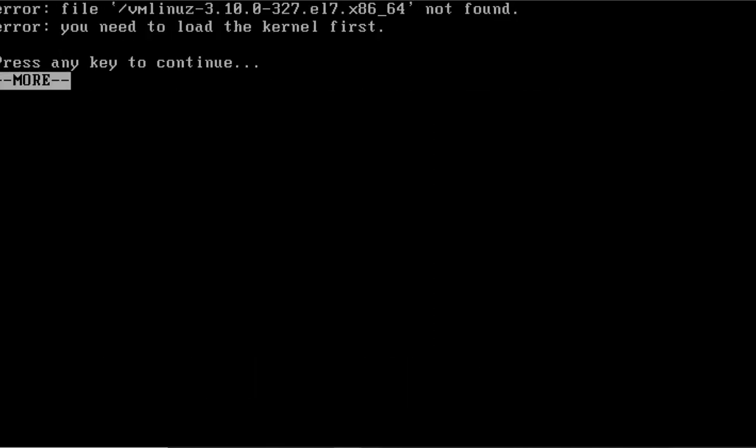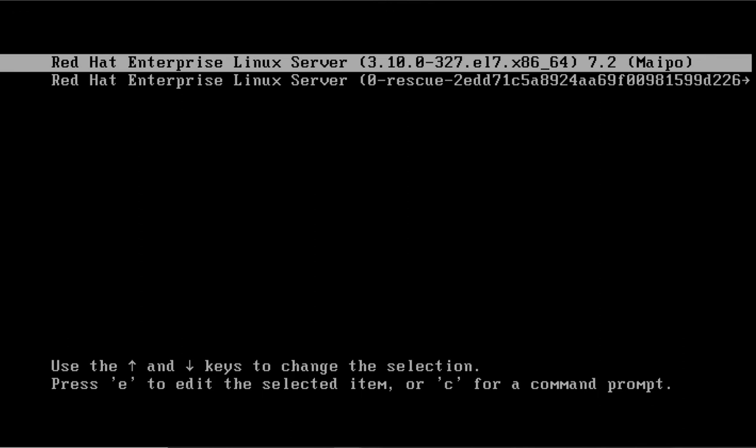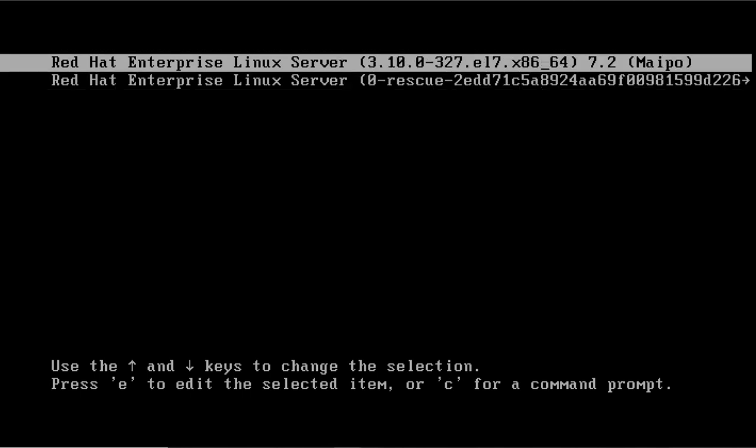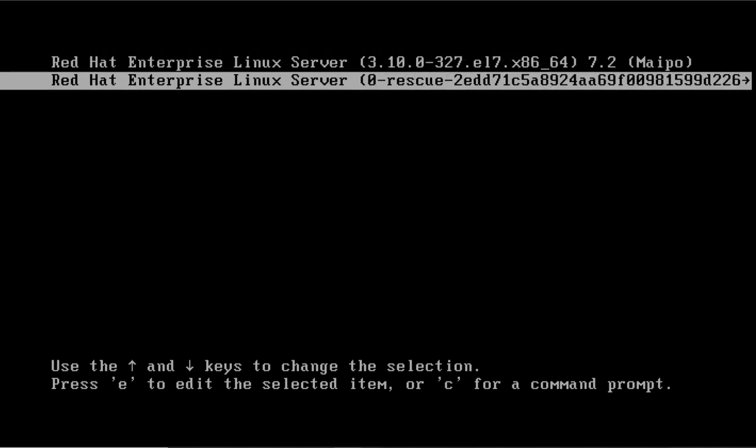It is not booting because the kernel file is missing. Now what can we do? If the kernel is missing, I can start the second kernel, which is still there. Now suppose the second kernel is also not working, then I will try the rescue mode, and the rescue mode will also not work. Why? Because the kernel itself is missing. So we are missing the original one and the rescue one, and the rescue mode will also not start, because now we don't have any option.